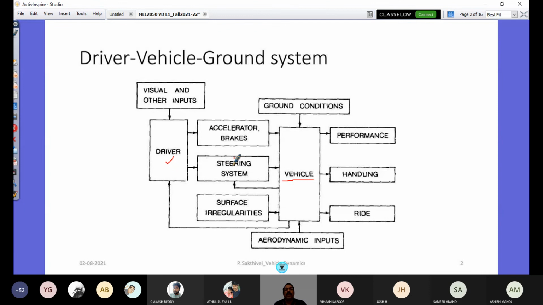At the same time, the driver also could feel another important thing. Whatever input he gives, he knows what he expects, and whether the vehicle does it or not would be understood. That is why you have this feedback here. So this feedback from the vehicle goes again to the driver. So the driver looks at the environment, feels comfort inside the vehicle, and he drives, and he understands the feedback that comes to the driver as well.